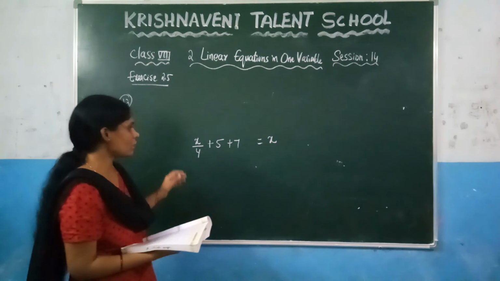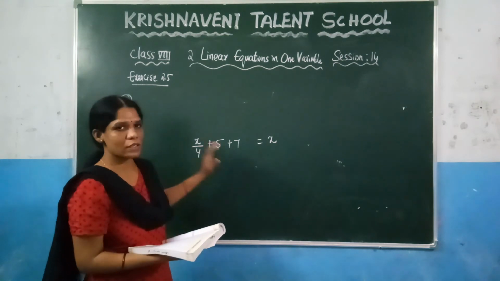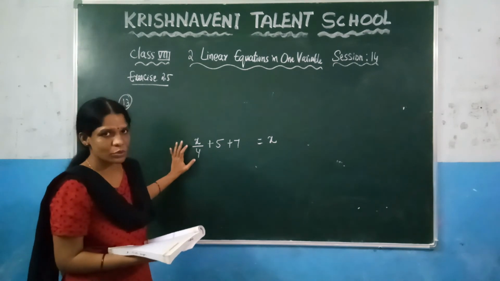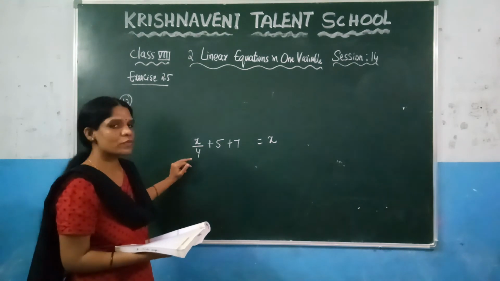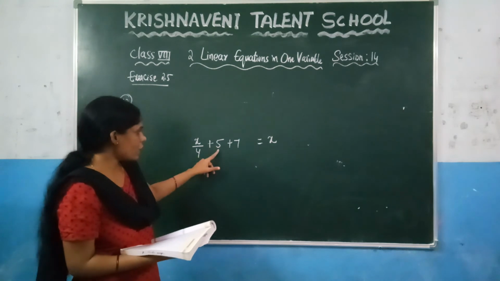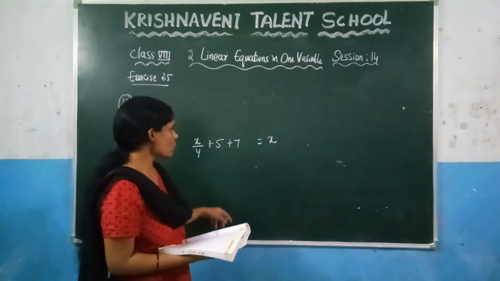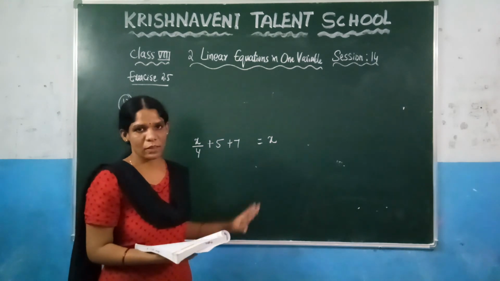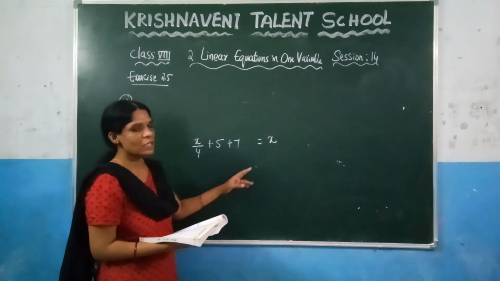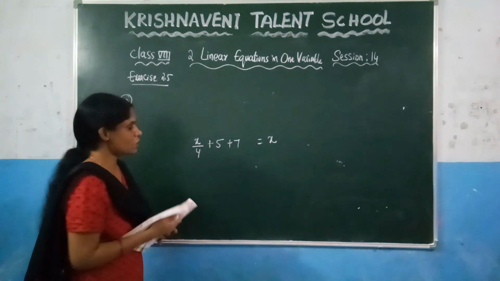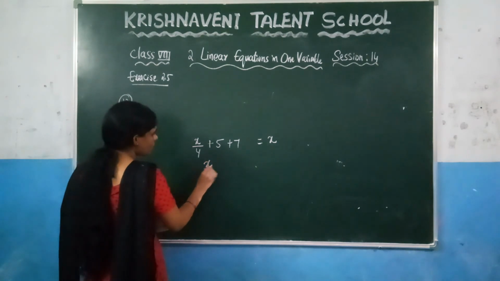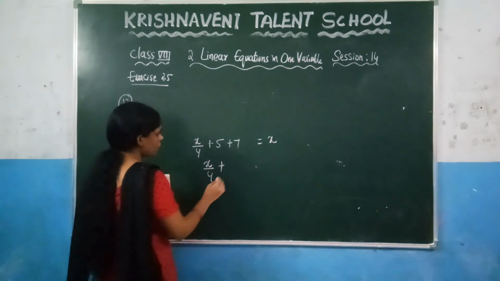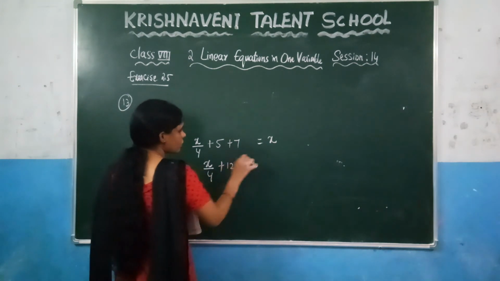Here you need to find the total number of sweets. They have given that a quarter of the sweets, that means x/4, he has given, and 5 sweets, and 7 sweets are left. If you add these, you will get the total number of sweets. That means you need to find the x value based on this condition. So how do you solve it? x/4 plus 5 plus 7, which gives you 12, is equal to x.